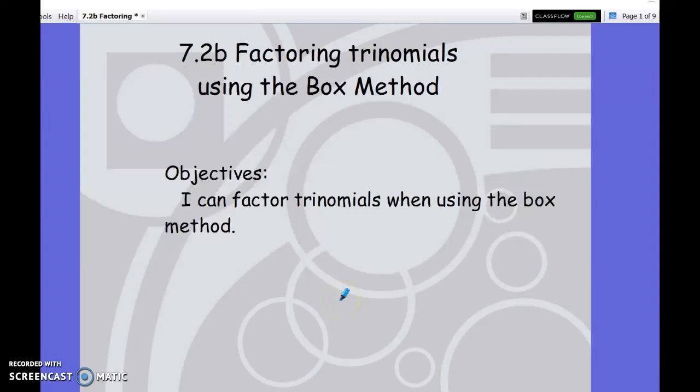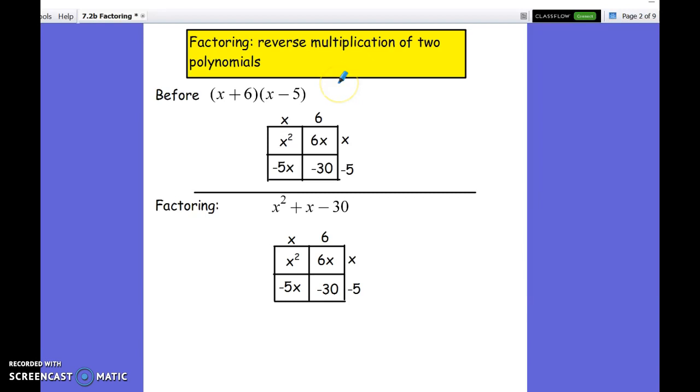7.2b is about factoring trinomials using the box method. Trinomial, remember, is an expression with 3 terms. So factoring is just reverse multiplication. So when we were talking about multiplication, we talked about this box method where you know what's on the outside